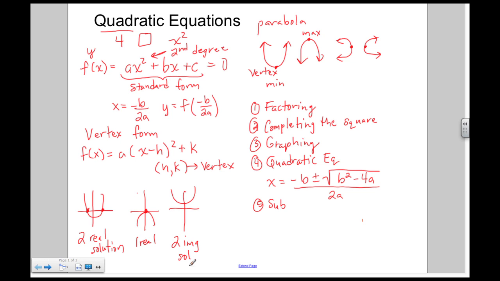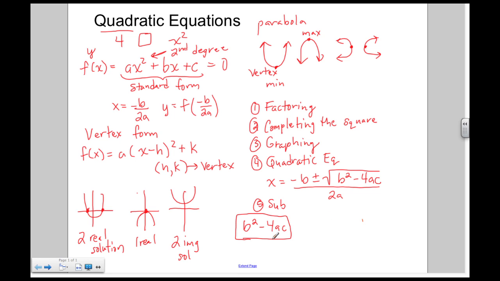Alright, now you may wonder, how can I figure that out before I even attempt the graph? Well, you need to fall back to the quadratic equation. And you know what? I left a part off. Underneath this radical, it should be b squared minus 4ac. Please make sure you have that c there. The b squared minus 4ac, that's the important part when we want to figure out what types of solutions we have before we come to exactly what the solution is. This expression here is known as the discriminant.